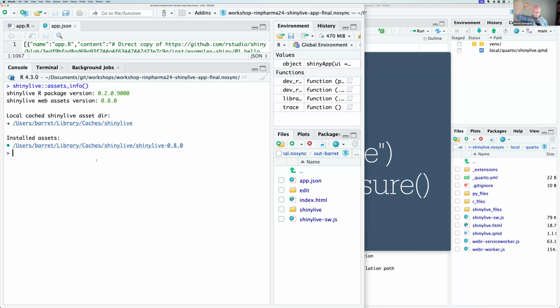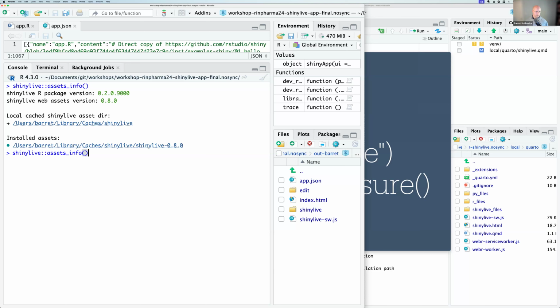In my case, it's user Barret, under library caches. So this means that it's not in your R package. It's not in your local folder. It's stored away within your machine, because we use this folder to copy out or extract our assets as we need. It'll be like 250 megs, 300 megs. It's slowly ballooning, but yeah.